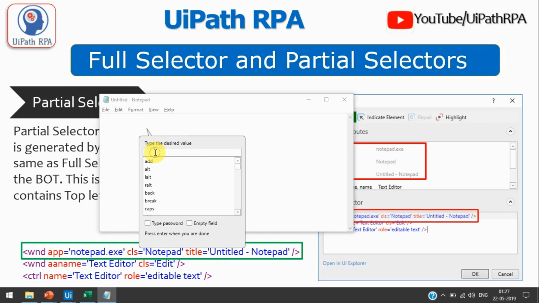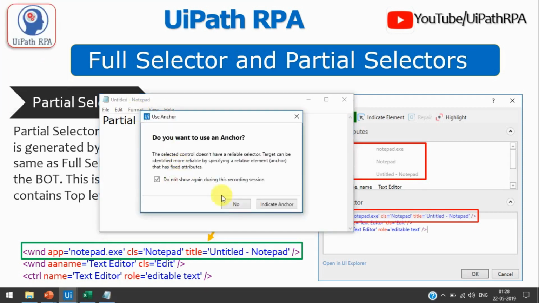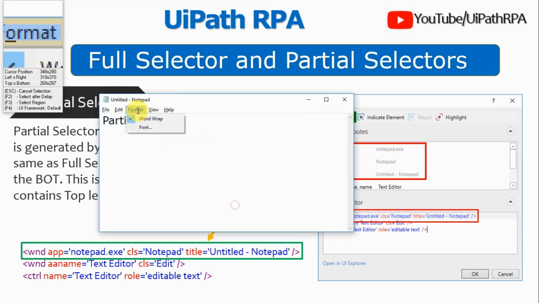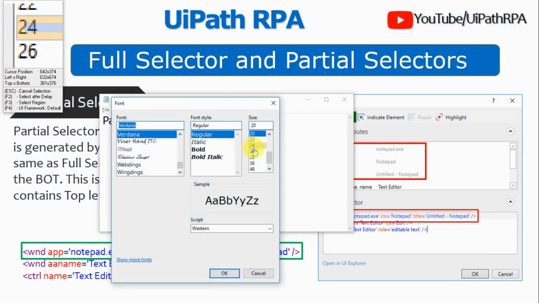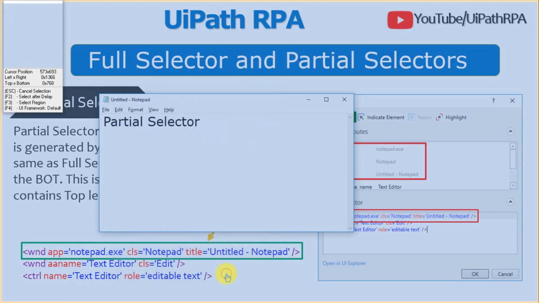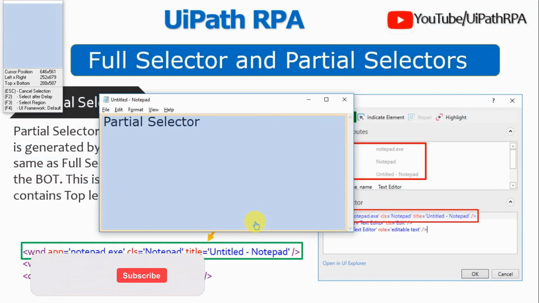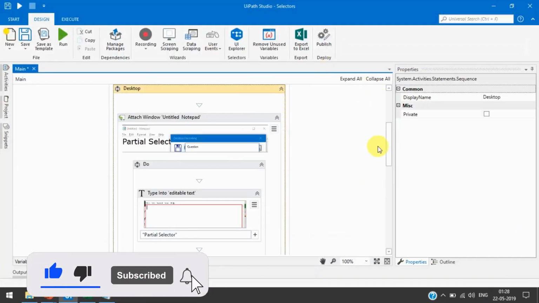Again we'll type partial selector, submit. Again we'll select format, don't show, no, and then select font. We'll change the font size and press OK, and then escape, save.